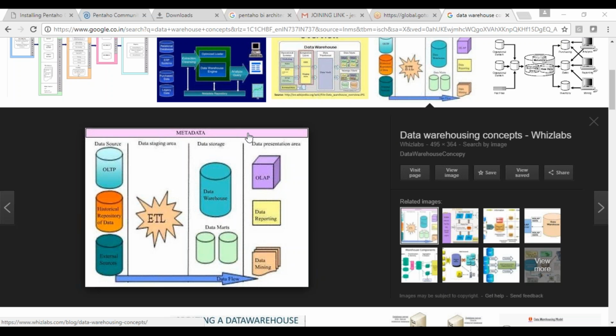Basically, data warehousing is a big concept in itself, but the whole architecture is simple and it will comprise of the same things. So you'll have your source, this is your source. So your source could be anything. It could be a flat file, it could be an OLTP system, it could be an OLAP system, it could be probably there are a lot of